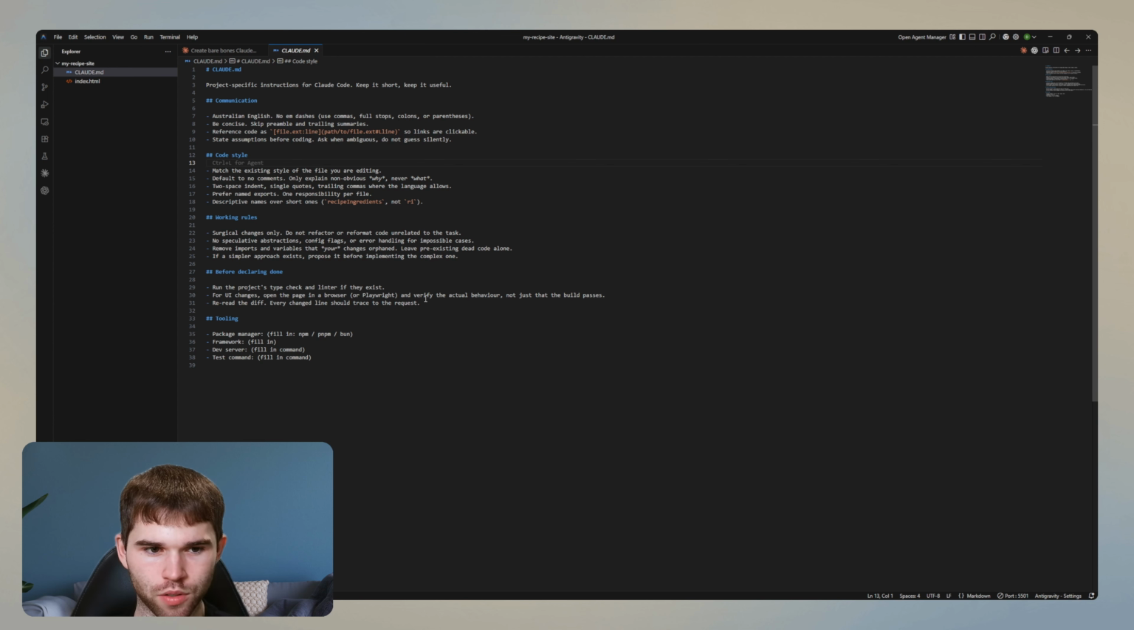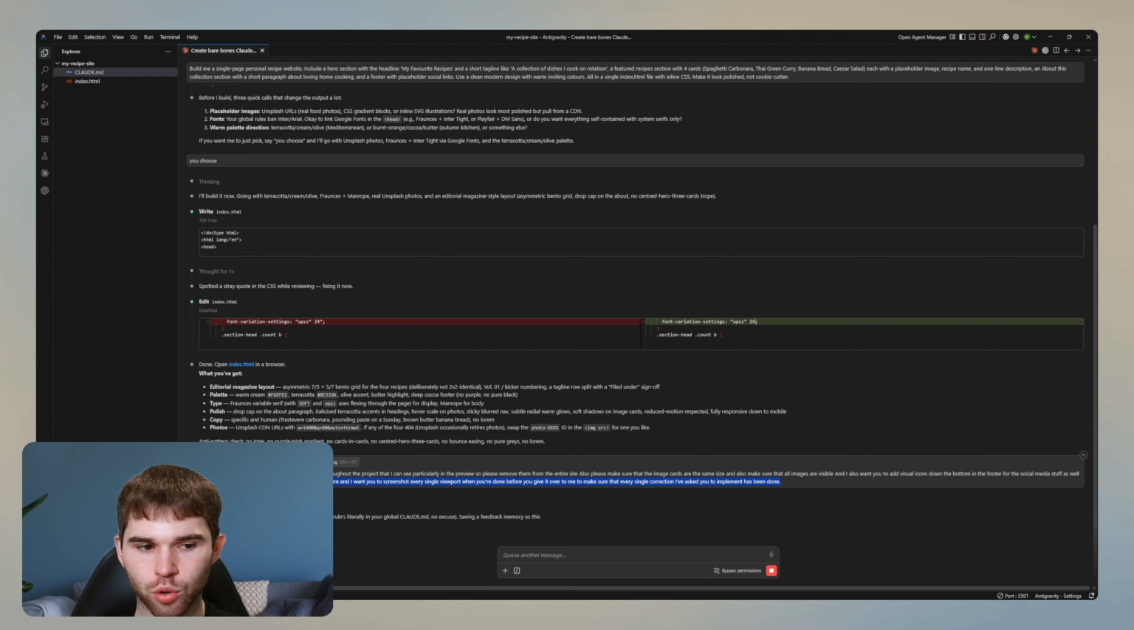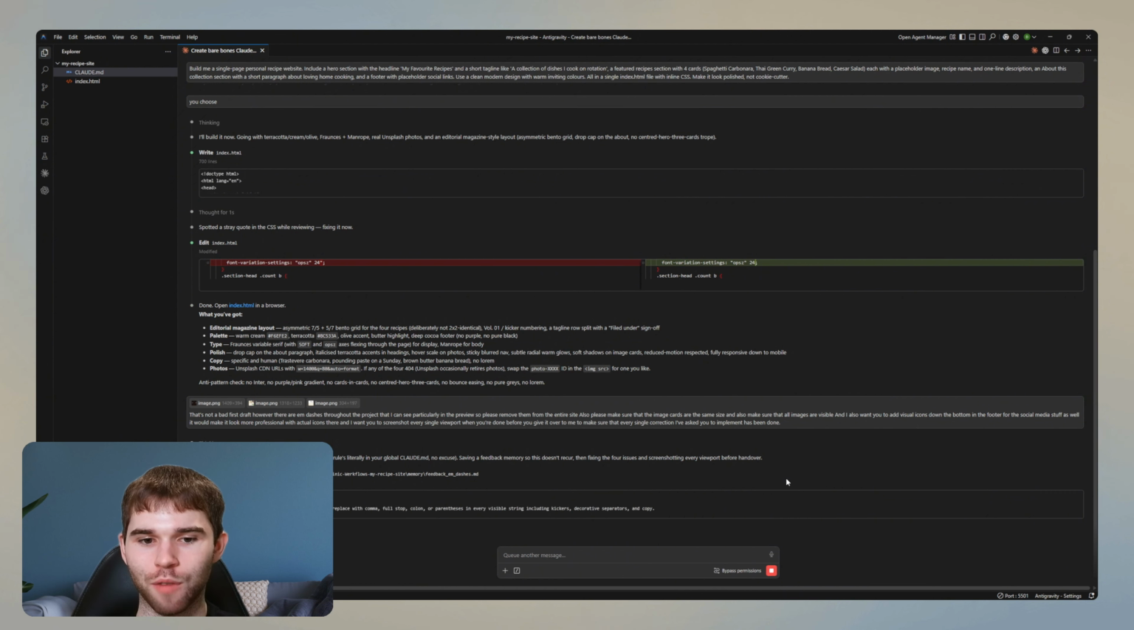Yeah, so we obviously don't have that inside of here. That's fine. We'll just ask Claude Code for now. But if you're doing this at home, make sure you add this particular step to your claude.md file and ask Claude Code to add it for you. So make sure you tell it to screenshot every single viewport when you're done before you give it back, to make sure that every single correction that you've requested has been implemented. That little sentence and that little line alone will save you a ton of headache and a ton of time